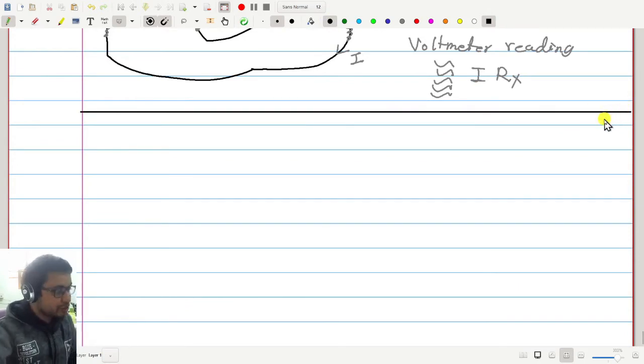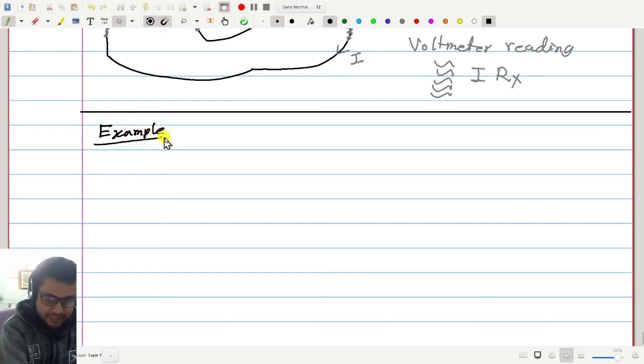I guess you need to think over it, because this is a very subtle argument, and unless you think again and again yourself, this may not be clear to you. Okay? Acha. Let me give you another example, another very nice example where 4 terminal resistances will be very useful. Okay? So consider a shunt in an ammeter.